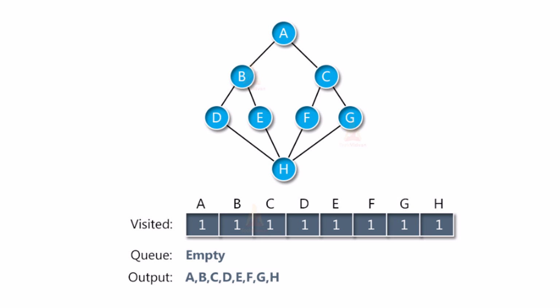So this is the BFS order: A, B, C, D, E, F, G and H. So this is what the BFS and DFS algorithm